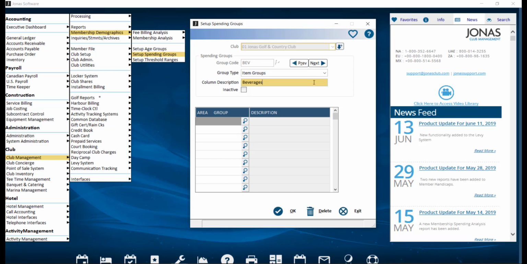Then you can decide what group type you want to use, and your options are as follows. For item group, these work with club sales areas to define what sort of things are being sold in each area. They provide the rules for taxes, applicability to minimums, and revenue GL posting. They also act as a link to point of sale. Your next option